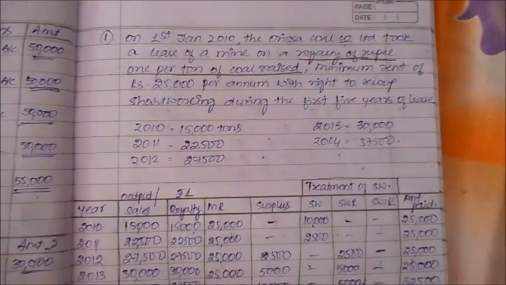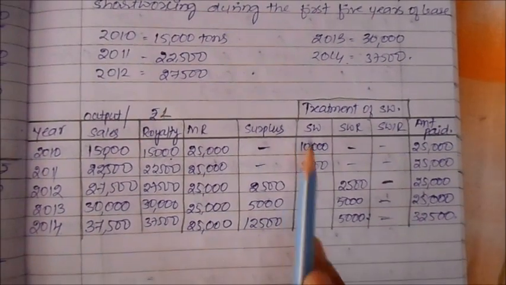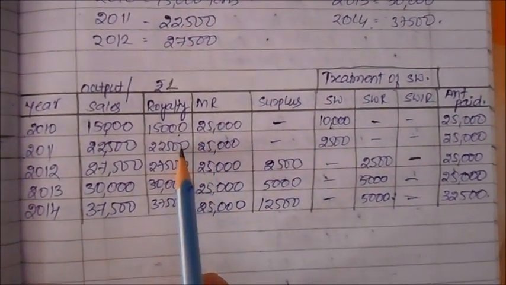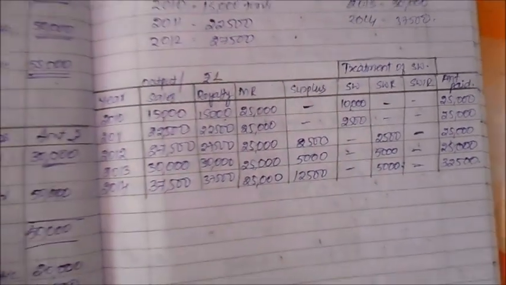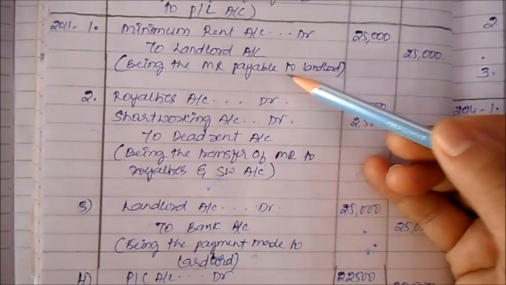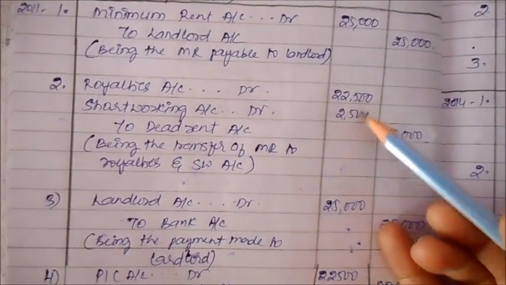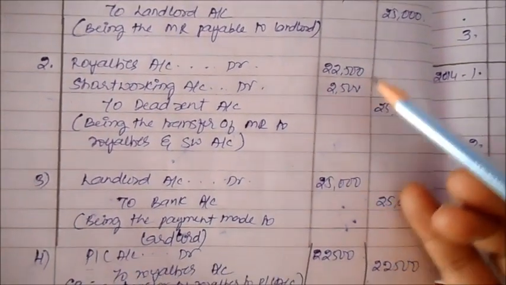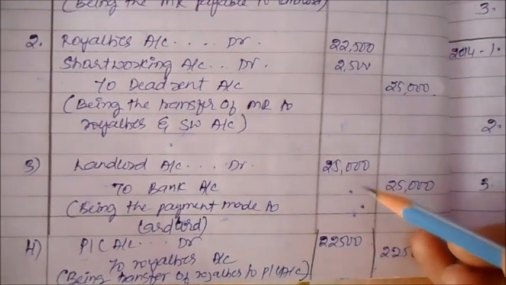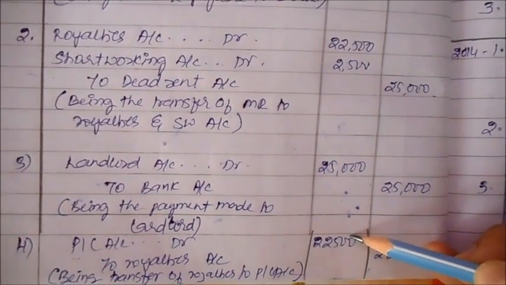Okay. So according to this, what does the second one say? It is completely a copy of whatever happened in the first scenario. Your minimum rent is more than the royalty and you have a portion of short working. How is this to be dealt with? The minimum rent paid, which includes royalty and short working, is shown as a division. The total amount that you are paying to the landlord is transferred, and then only the royalty portion is transferred to the profit and loss account, closing the entry.